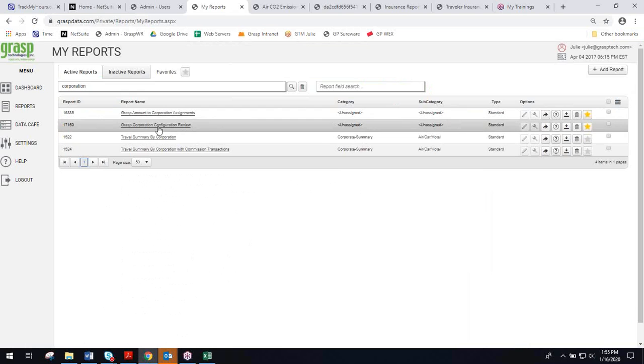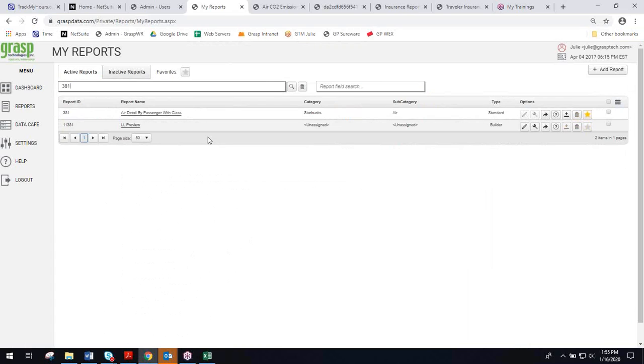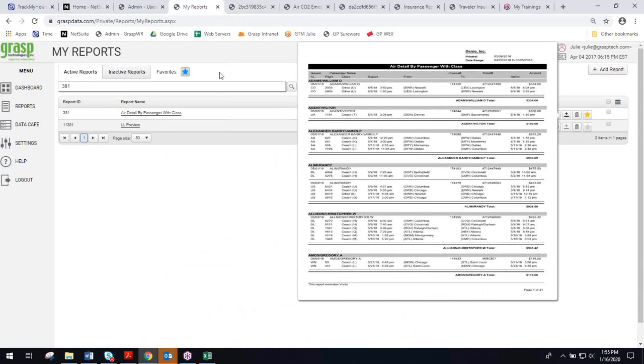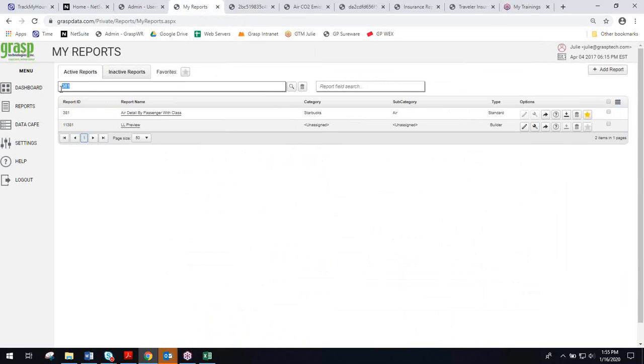So let's go here. Again, this one, going back to the class of service, if the class is not coming up correctly, you just need to update your table. So air detail by passenger with class. The other one had